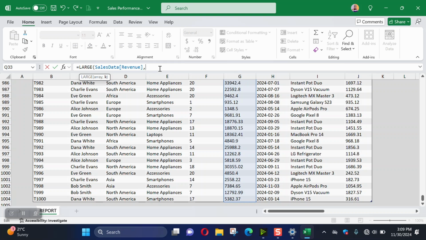then I'll hit comma on my keyboard, and then I'll specify what order of largest I want. If I type 1, I want the first largest. If I type 2, I want the second largest, and so on and so forth. Since I want the first, I will just make a selection of this, and this is exactly what I have. Now, if I hit enter, it will give me the maximum or the highest revenue, but that's not what I'm